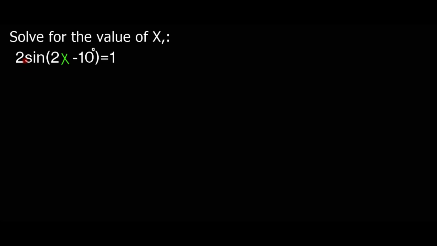Go ka lebela mo rena le a similar problem. Re na le 2 sine inside the bracket, 2x minus 10 degrees is equals to 1. Because re na le a bracket, this means our first step re tlo check coefficient ya our trig function. Our coefficient o ka kgona bona gore it's not 1. So because our coefficient is not 1, e re la gore to divide both sides ka this coefficient ya 2, and then ge re divide both sides ka 2 ra re to shala ka